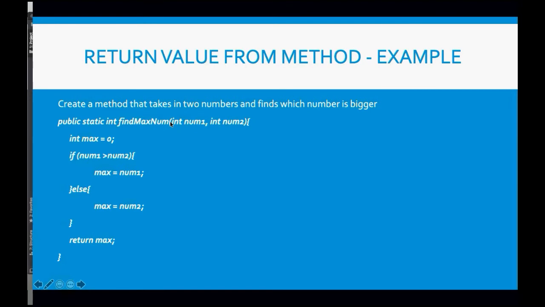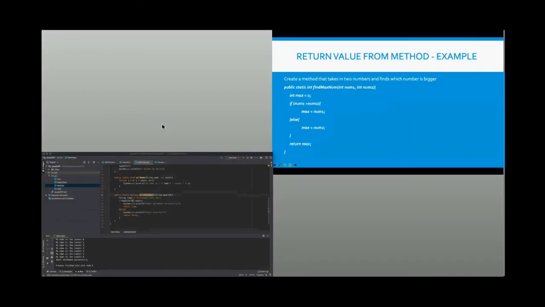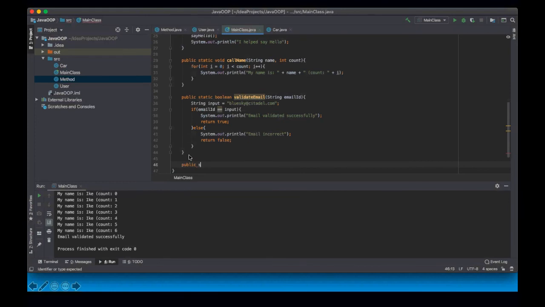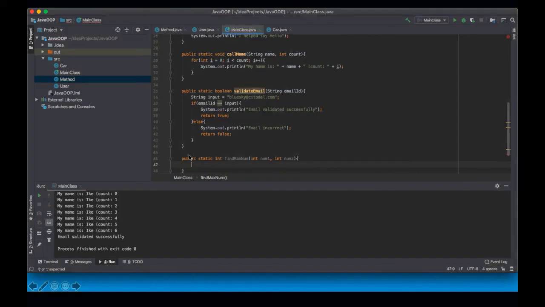So we are going to create another method here, public static int find maximum, which takes in two parameters, int num1, int num2,